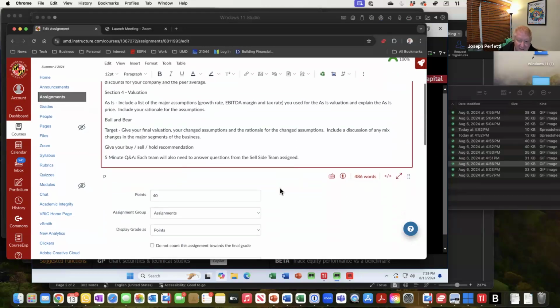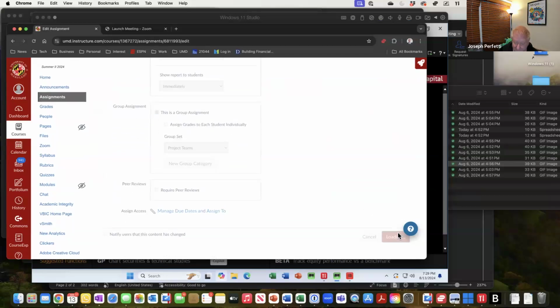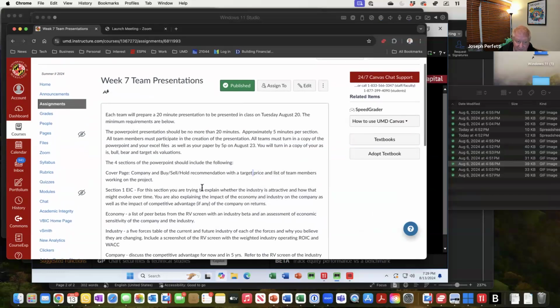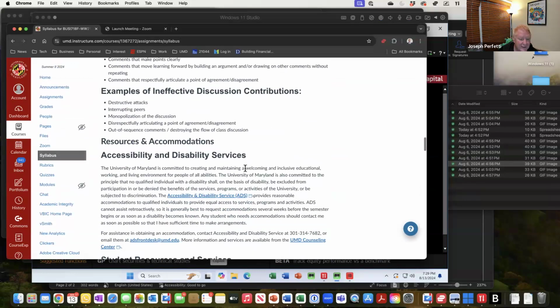I'm not participating in that Q&A. I'm going to let it run between you and them, but that is part of your grade. The team that's doing the Q&A on both sides, you'll be graded as part of that. Because if I go back to our syllabus, here's the syllabus. The way this final project grade